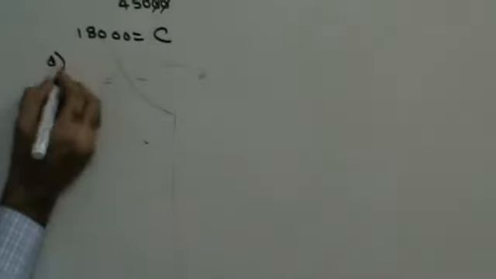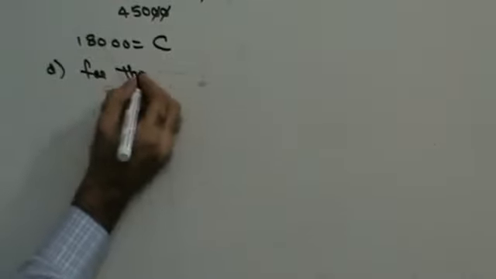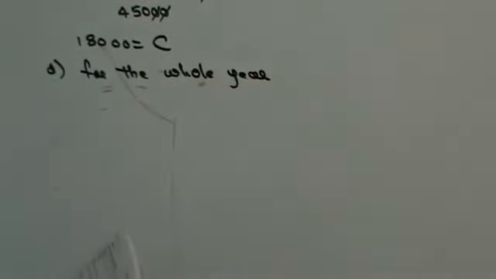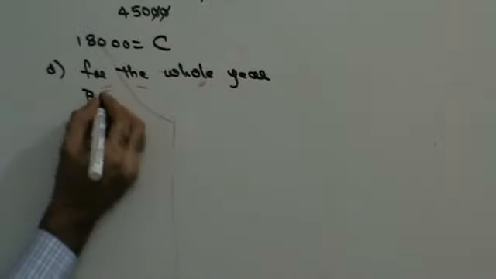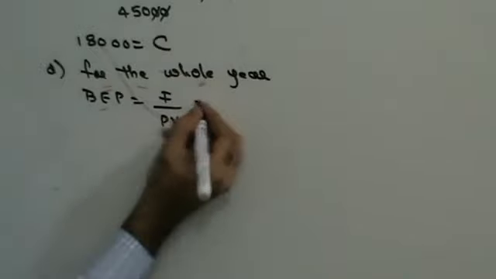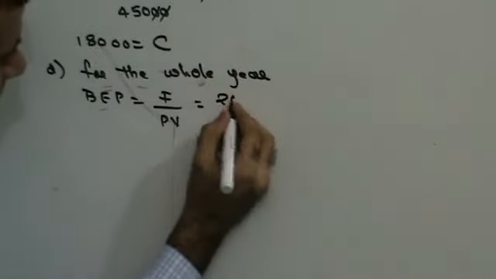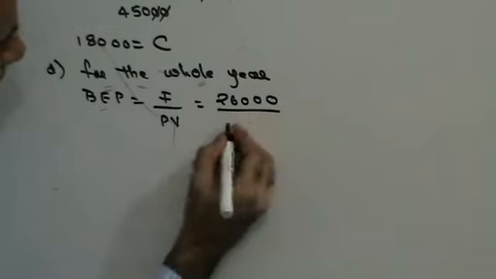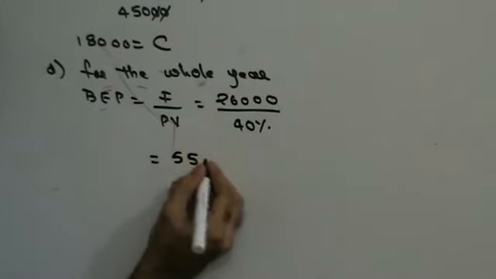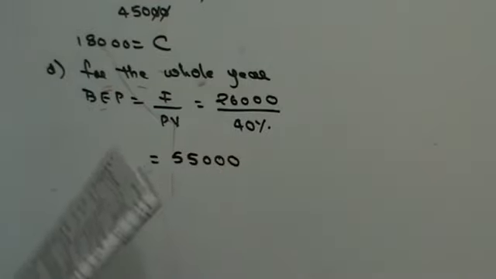Now, for the whole year, they have asked you to find out BEP. BEP is F upon PV. F we just found out for the whole year is 26,000. PV is 40%, so 55,000. Next,